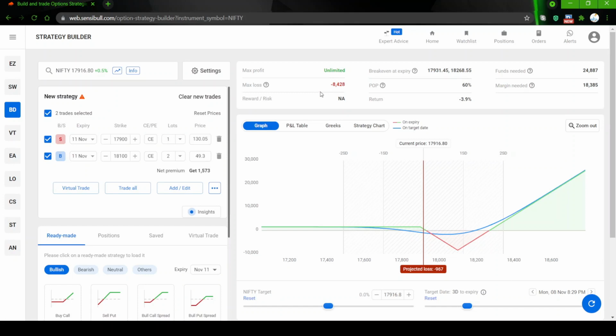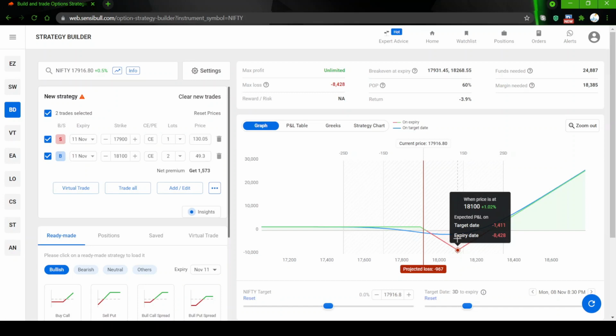So the P&L will be different. Even if you are getting a net debit, it will be a bit different. I'll explain a little bit on this when I am explaining the debit strategy. Okay, so your maximum loss occurs when the market is exactly expiring at your buy strike.